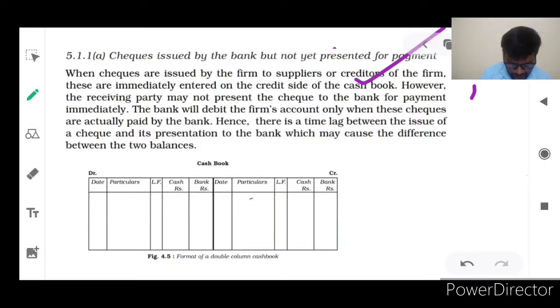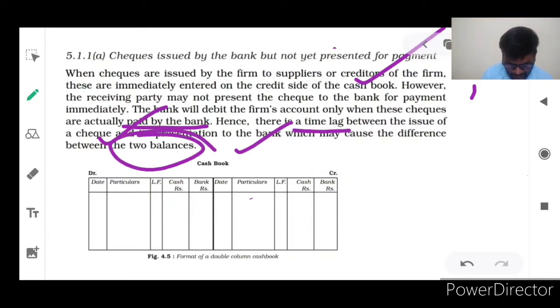However, the receiving party may not present the check to the bank for payment immediately. The bank will debit the firm's account only when the checks are actually paid by the bank. Hence, there is a time lag between the issue of a check and its presentation to the bank,